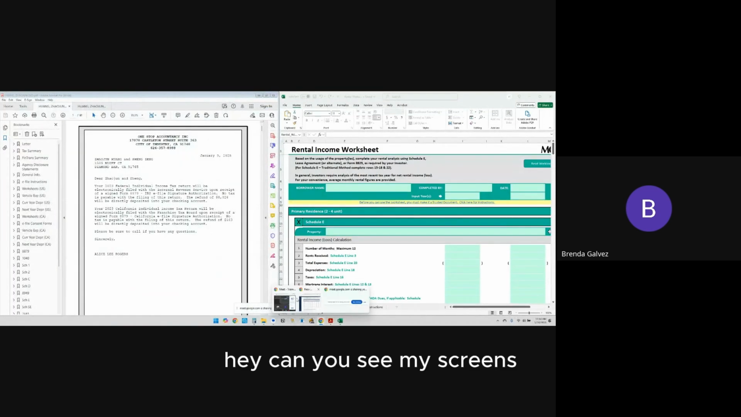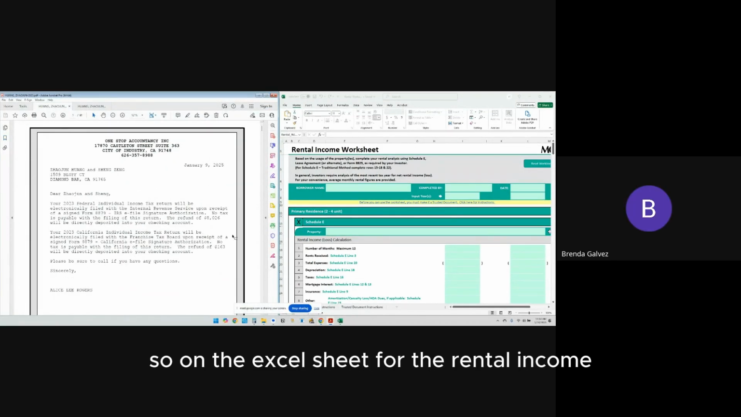Okay, can you see my screens? Yeah. Okay, so on the Excel sheet for the rental income,